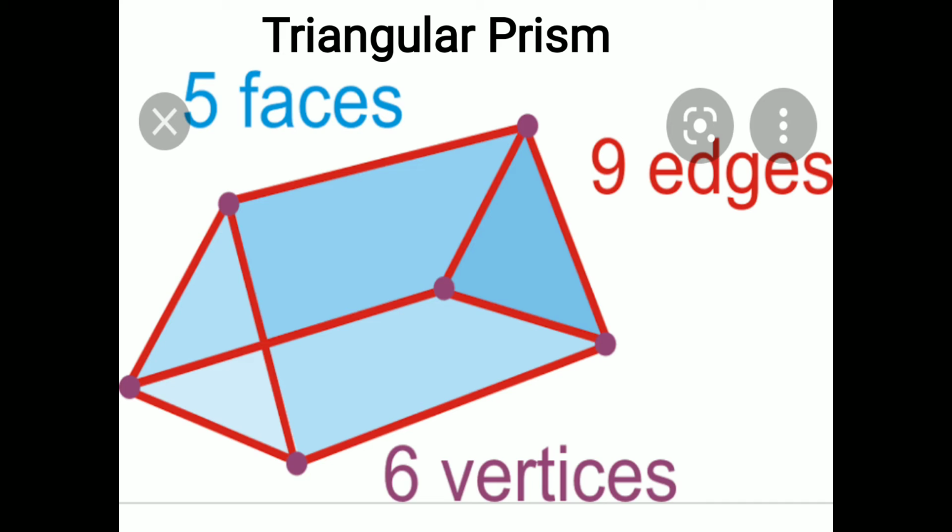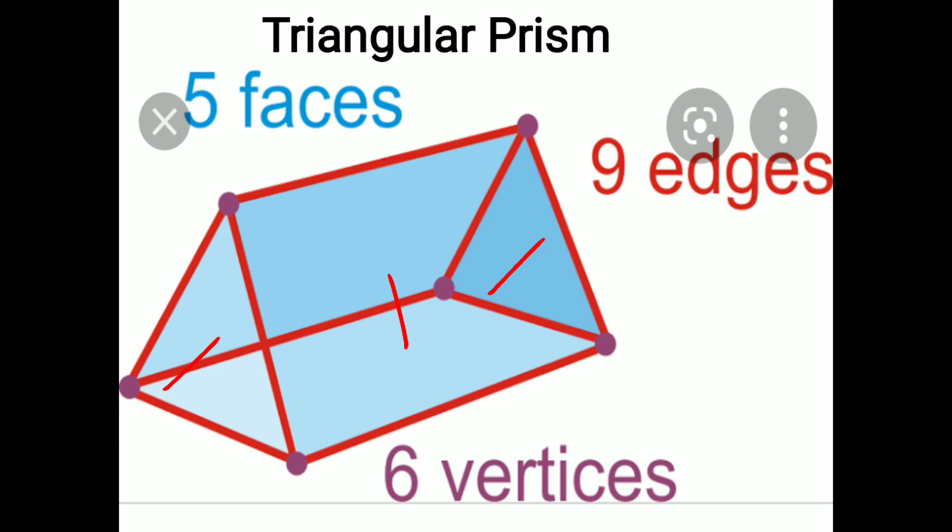Now, we will talk about triangular prism. What is a triangular prism, students? Why do we call it a prism? Because a prism is a three-dimensional shape, but its bases are two triangles. This one triangle and this one, and both are the same. One base is down, one base is up. Both are in triangular shape and they are the same. And the side portions will be rectangles. This one is a rectangle, at the back also there will be a rectangle, and down also there will be a rectangular sheet. Clear?